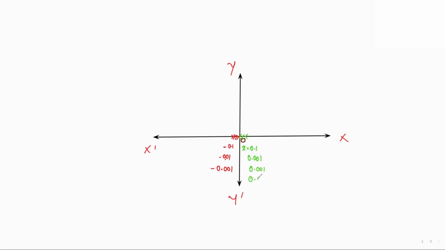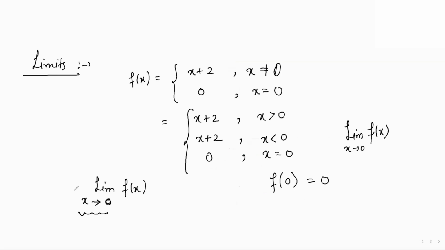0.0001, 0.4 times triple zero is here, 4 times 0.1, and so on. So we are approaching x. So when someone is asking you, what is the value of this function, or rather, what is the limit of this function when x is approaching 0, you are going to find left hand limit,